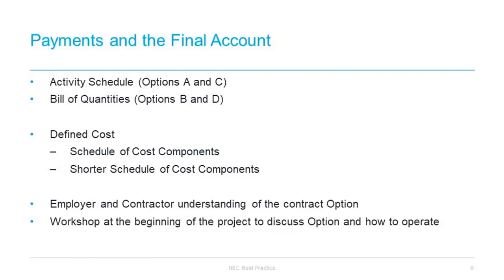In option B, changed lump sums in the bill of quantities. Rates used in the bill of quantities can only be used for assessment of compensation events in option B if the contractor and project manager agrees. That's what clause 63.13 says.